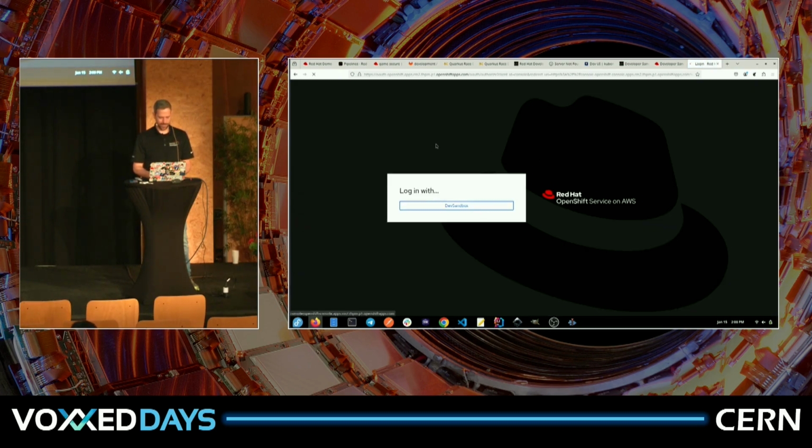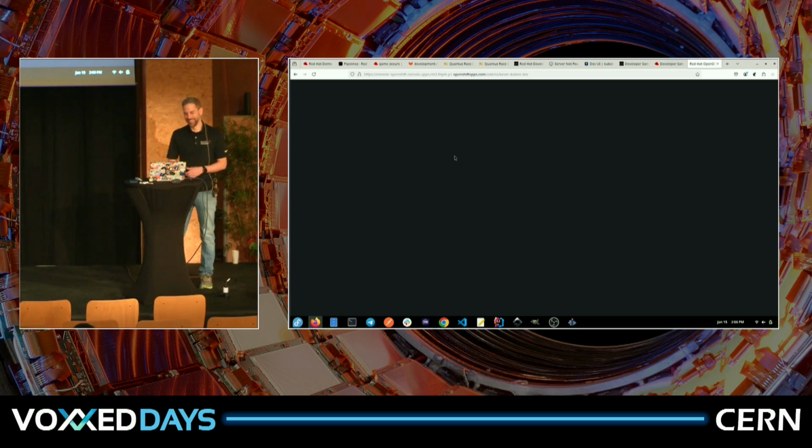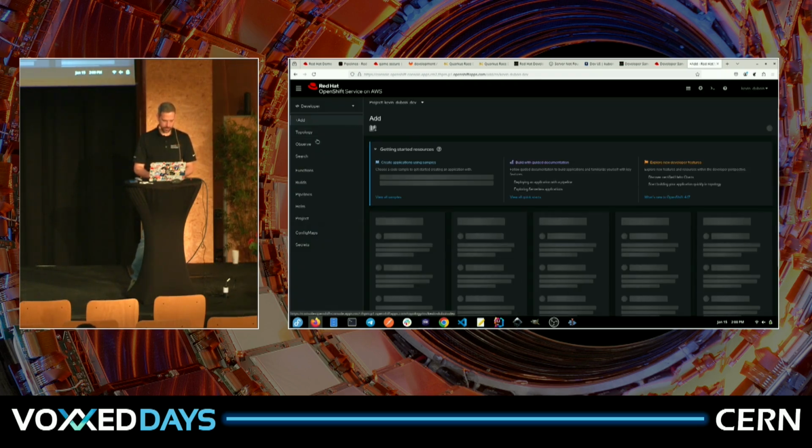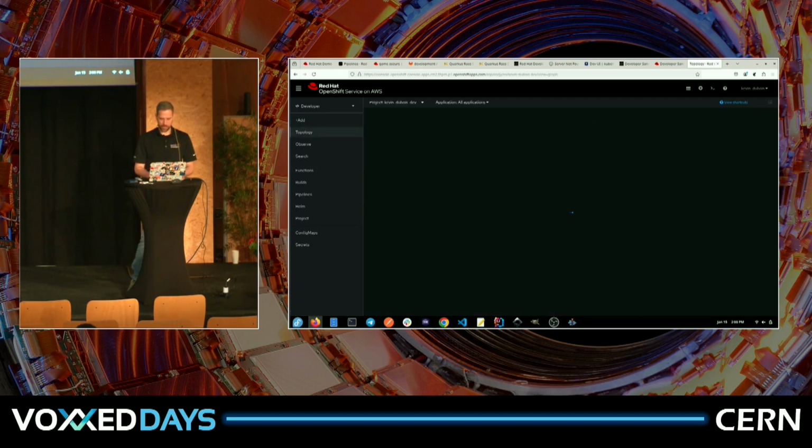More clicks. All right, so eventually we will see the UI of this Kubernetes cluster finally, and then in my topology here,